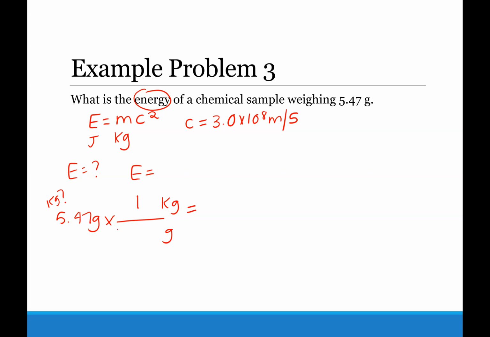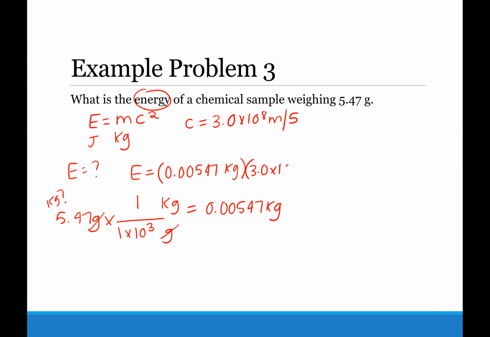One goes to the thing with the prefix, and the metric system constant goes to the base unit. And for kilo, it's 10 to the third. So grams cancel, and you are left with 0.00547 kilograms. And so that would go in here, 0.00547 kilograms times